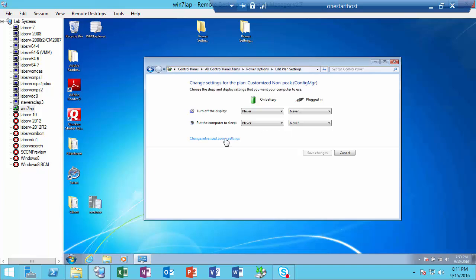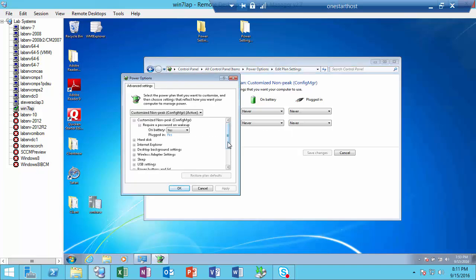Then I can go look at my advanced options. The other one that I configured is what to do with a lid closed. So I can open that up and look at this. And the default is to go to sleep, but I've configured do nothing. So the system just keeps running, right? There's a number of other settings in there that you can configure, and you probably would want to, about how long to keep the system alive and so forth. I will say,